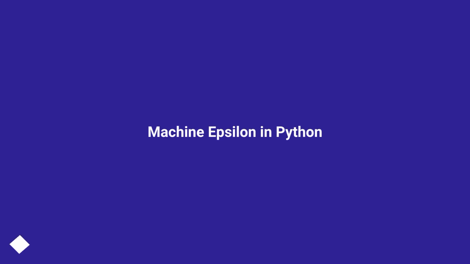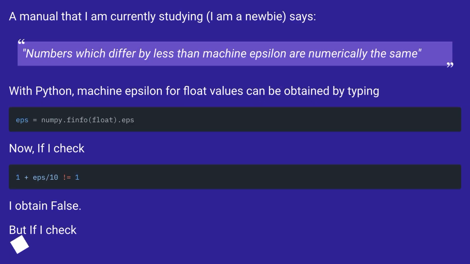Machine Epsilon in Python. A manual that I am currently studying, I am a newbie, says: numbers which differ by less than machine epsilon are numerically the same. With Python, machine epsilon for float values can be obtained by typing